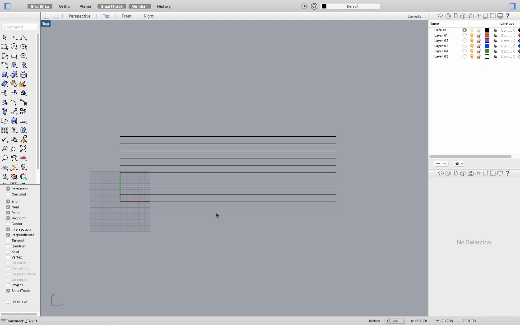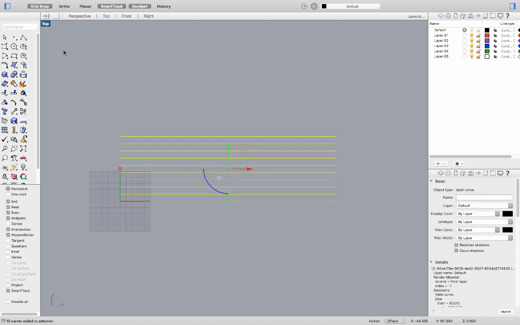Okay, in this video, I'm going to quickly show you how to get your paths from Rhino to Illustrator. I have some basic height lines here. They're at 12-inch increments or 1-foot increments. Once you've created the geometry that you want to get into Illustrator, all you have to do is select it